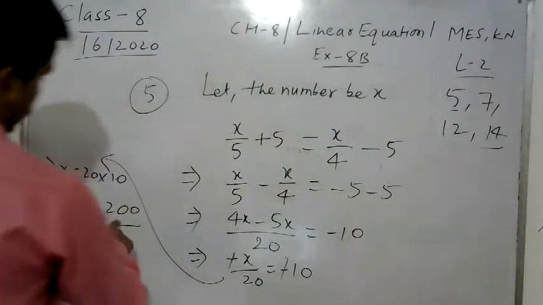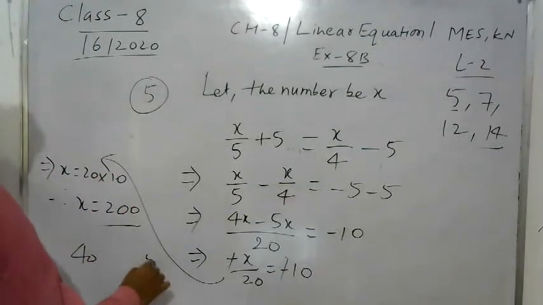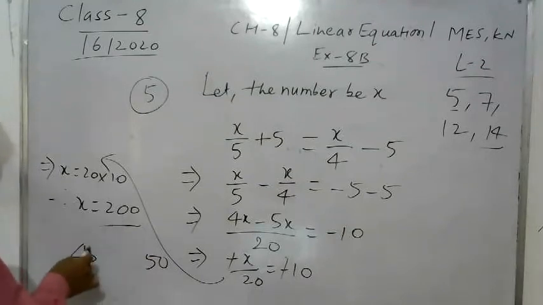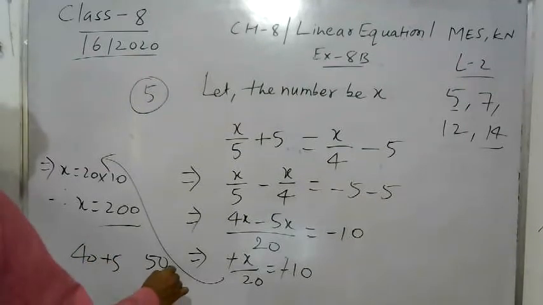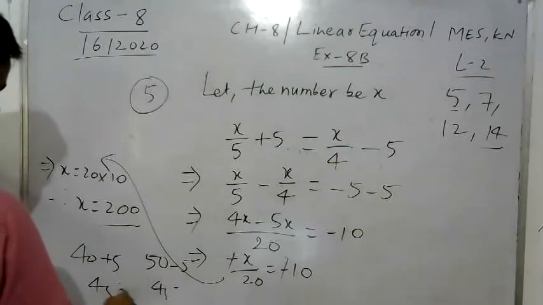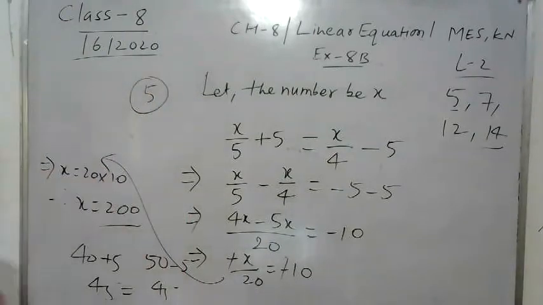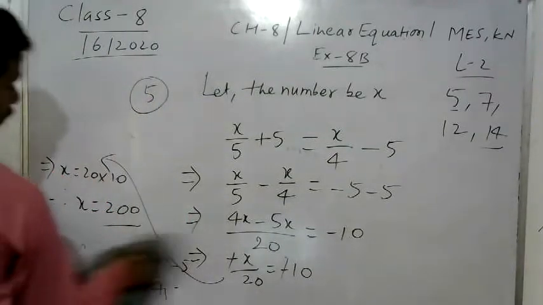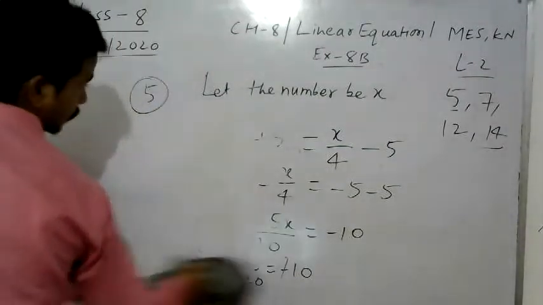We can also verify. What is the fifth part of this number? It is 40. And what is the fourth part? The fourth part is 50. Fifth part is 40 and fourth part is 50. So when you increase the fifth part by 5 and decrease the fourth part by 5, are they equal? You are getting 45 here, 45. Yes, you are getting the same thing. In this way, you will solve this type of question. Hence, our solution is correct. After finding the solution, you can also verify your answer, or you can check your solutions.